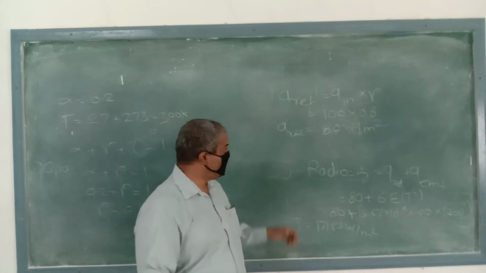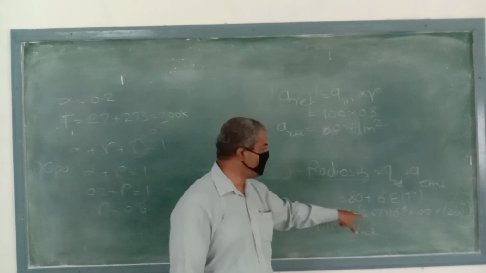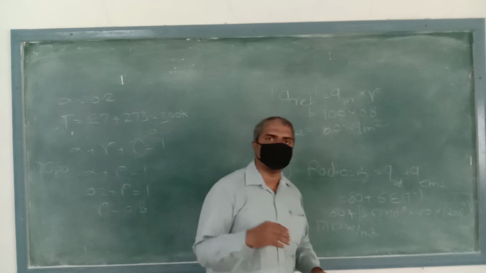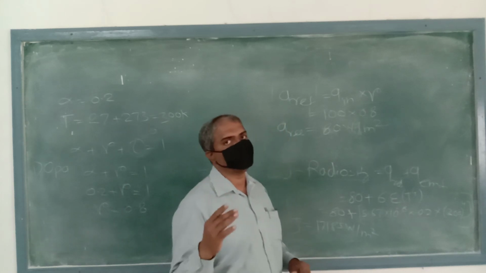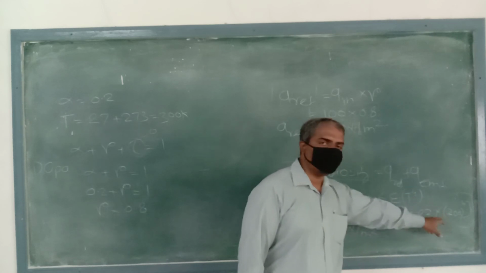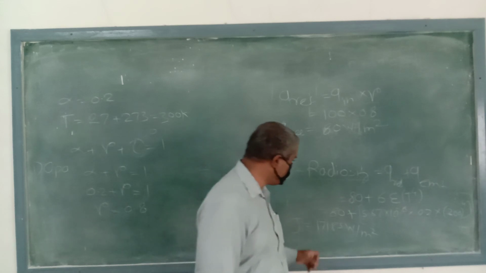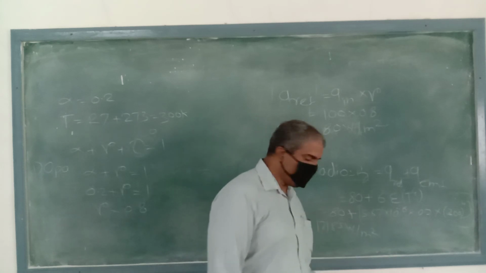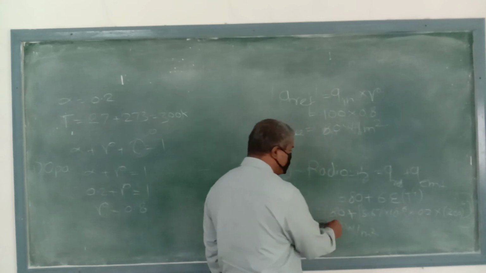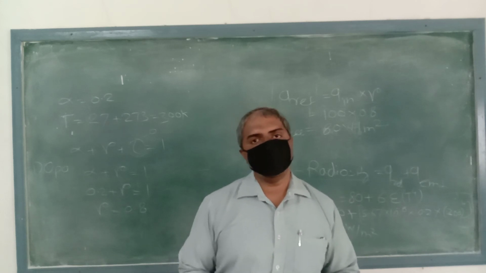per meter square. Next, as we are getting the reflected, we are substituting in this equation 80 plus Stefan Boltzmann constant 5.67 into 10 raised to minus 8 watt per meter square Kelvin raised to 4. This Stefan Boltzmann constant value and 0.2 emissivity they are given in the numerical, and the temperature they have converted into the Kelvin format, and we are getting the radiosity 171.85 watt per meter square. So in this way we are solving the problem related to radiation.